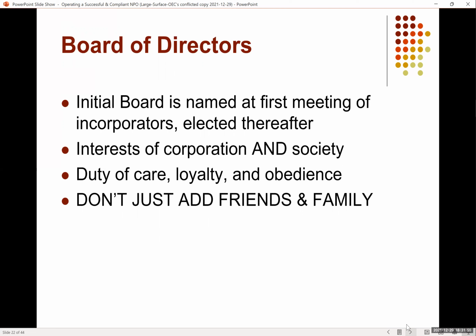If anything happened or even good things happen, the board is the nonprofit, not the founder, not the executive director, it's the board. So you really want to get some people, and when you're on a nonprofit board, you're supposed to be sold out for the mission, and that means you give your time, talent, and treasure to that organization. It means that you're sold out for that mission and you're going to do what it takes to keep that organization going. And that's actually your role.